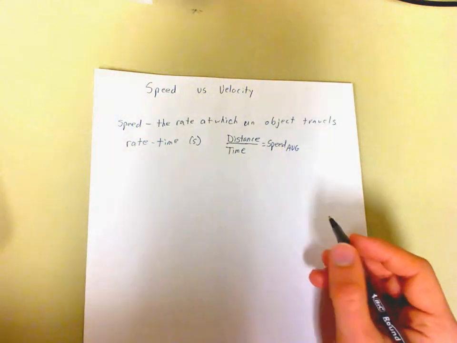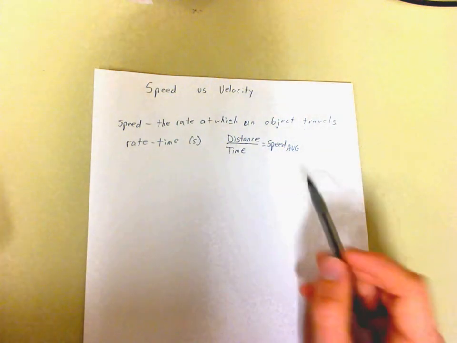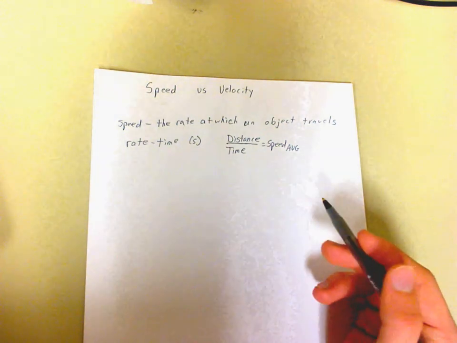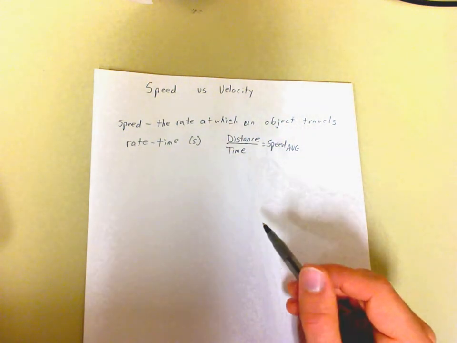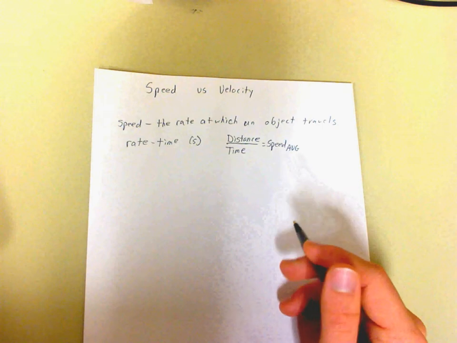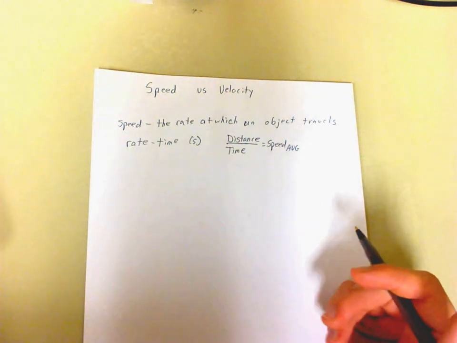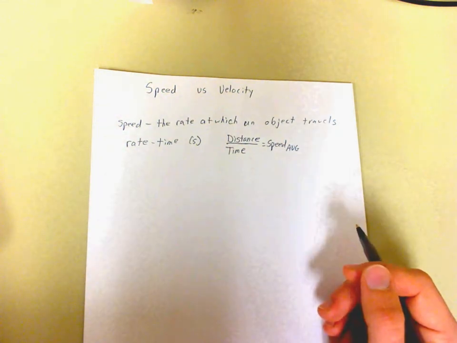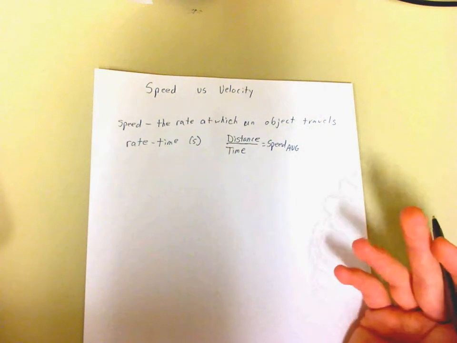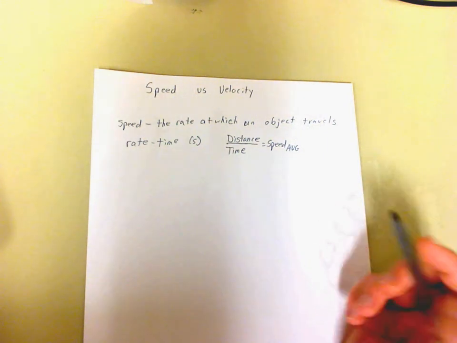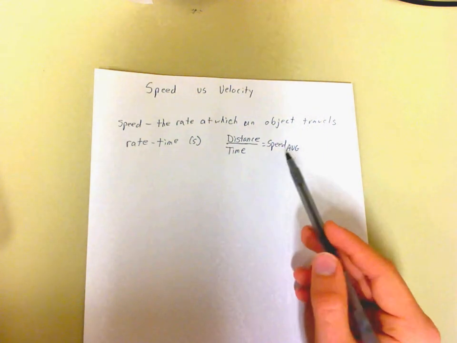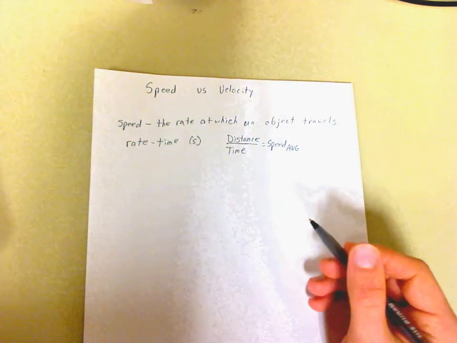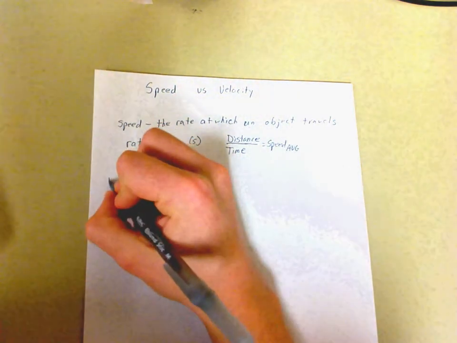Okay. So that's basically speed. Speed is relatively simple. It's distance over time. And that gives us the average speed. And for our purposes, whenever we say speed, unless we specifically say otherwise, it's going to be average speed. All right, and so when we get into velocity,